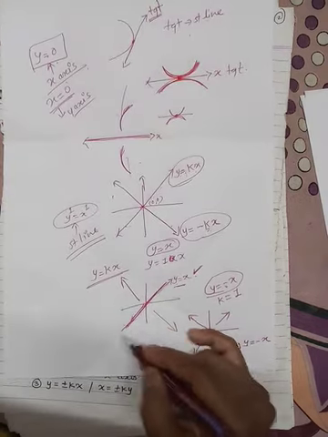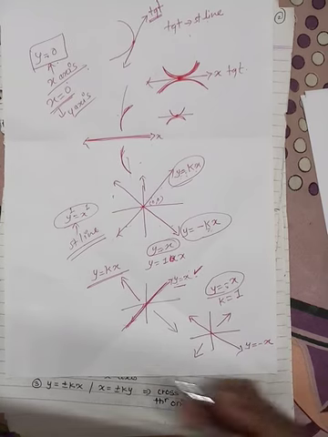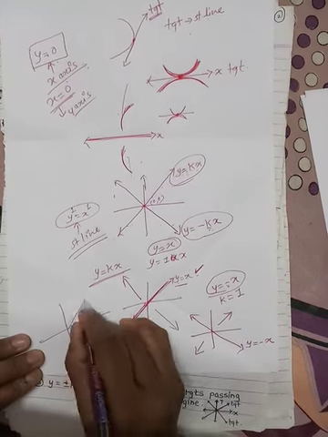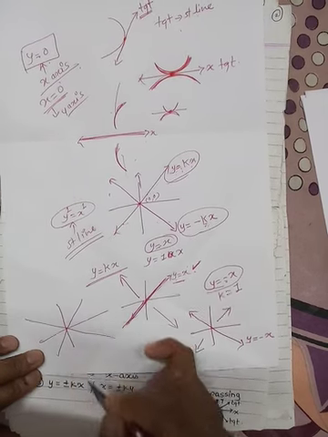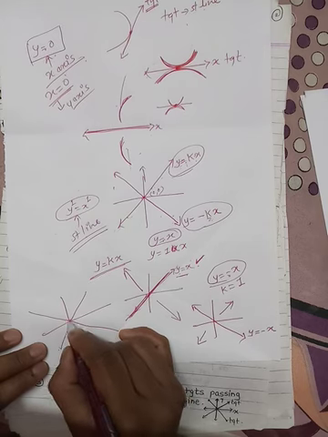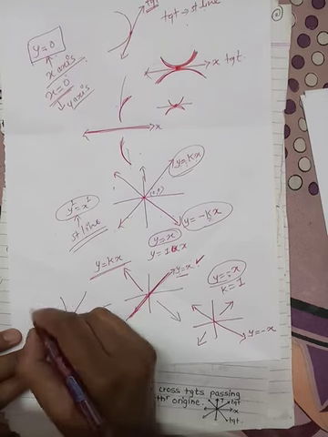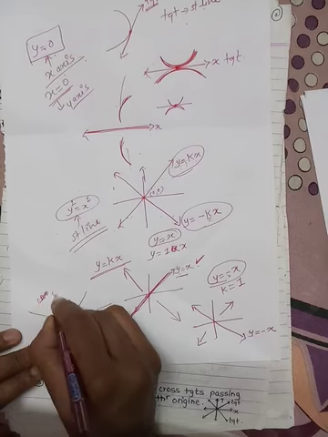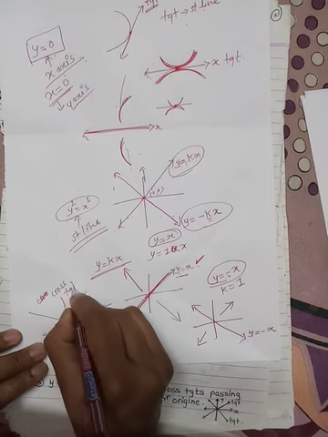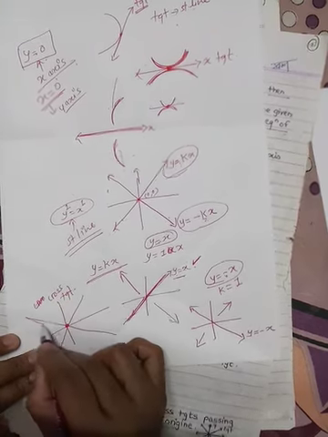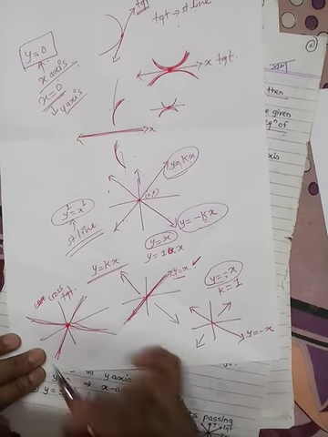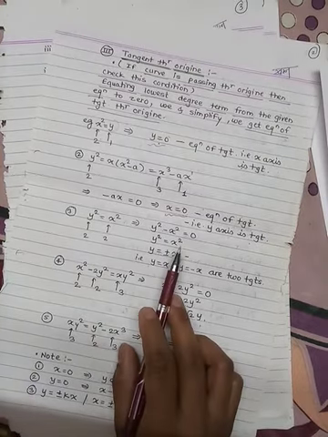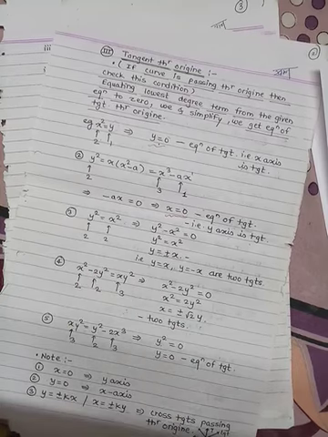So y equal to x means this, and y equal to minus x means this. So we get the two tangents. You can draw simultaneously. This is your y equal to x tangent. This is your y equal to minus x tangent. So the nature of these tangents is called cross tangents, because they cross themselves. So y equal to x and y equal to minus x. So these are the cross tangents in this example.